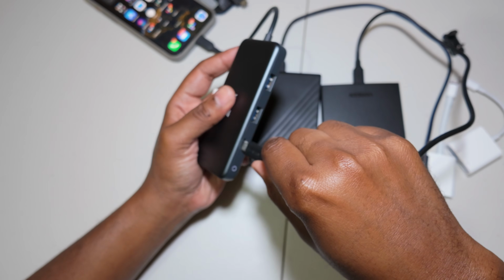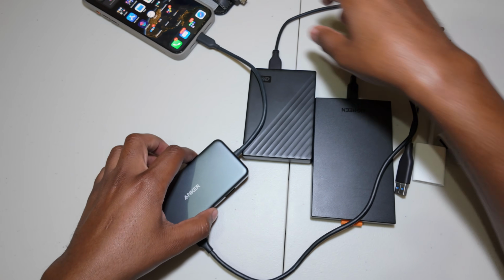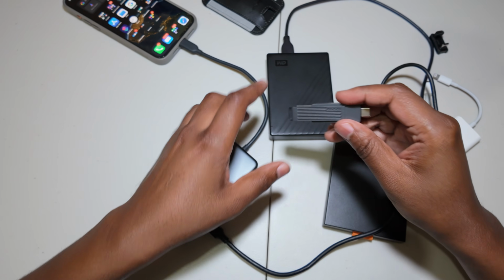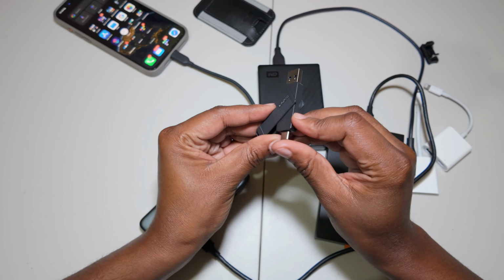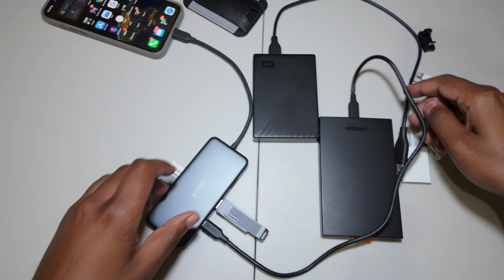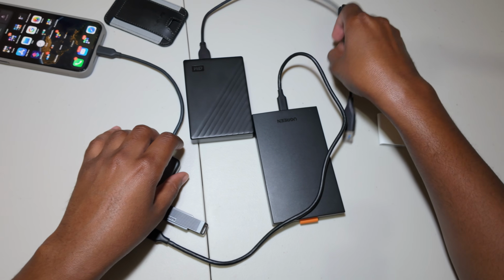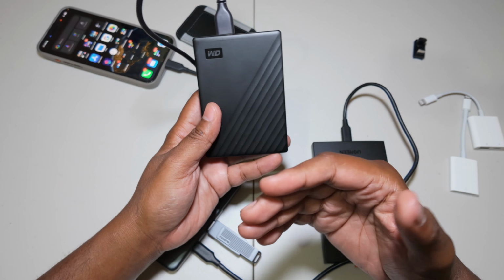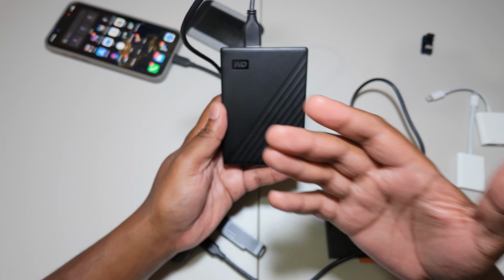Bam. Let's put this in here. Bam. Let's get this out. Now I could use either one, but I'm using this one. Bam. And yes, even this. Now the thing is with the mechanical drive, yet again, no matter what, you will need